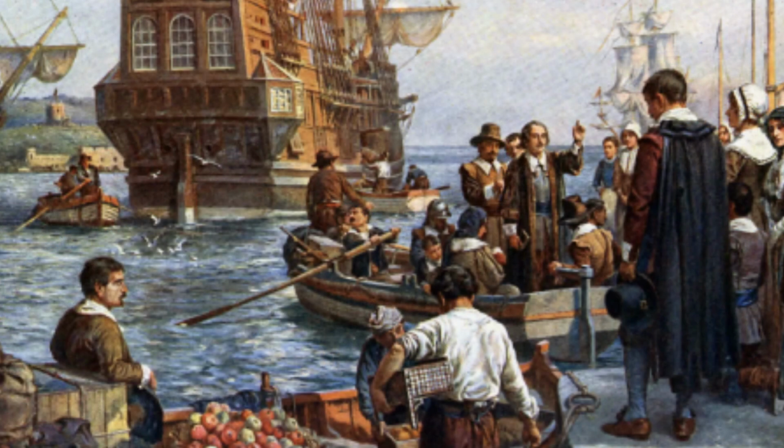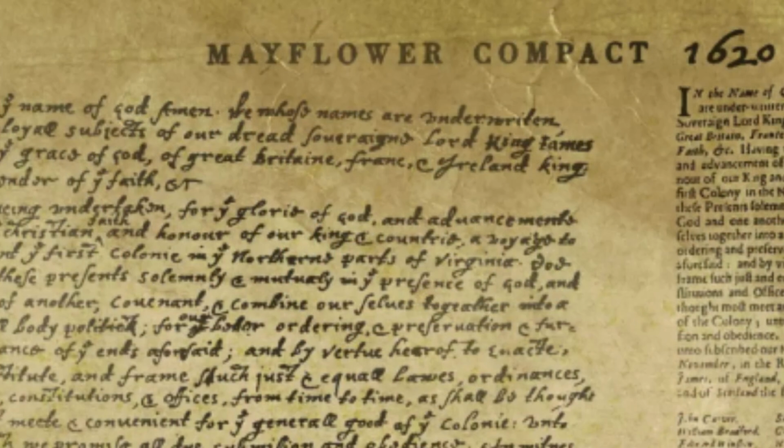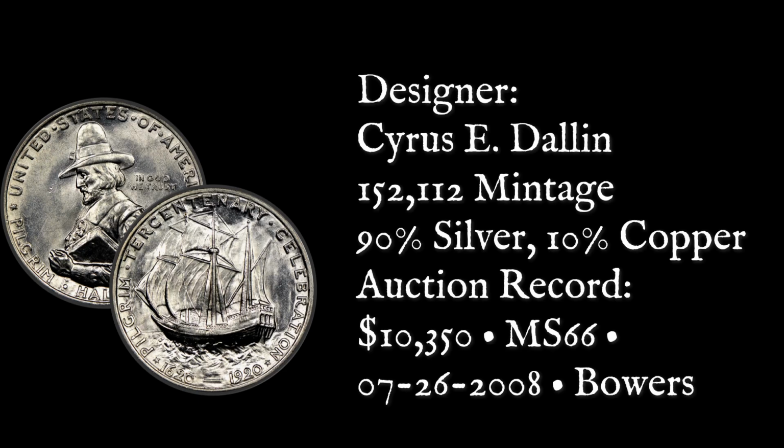The story of their landing and the establishment of the colony reflects the resilience and spirit of a group of people who laid the foundations and values, the principles that continue to shape the United States today. Through the commemorative coin, we remember and celebrate the enduring legacy the Pilgrims left and their remarkable journey to the New World. With the designer Cyrus Dallin,